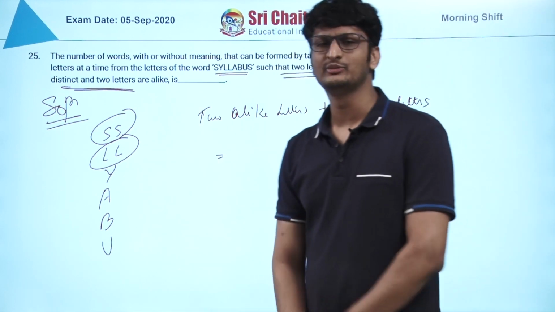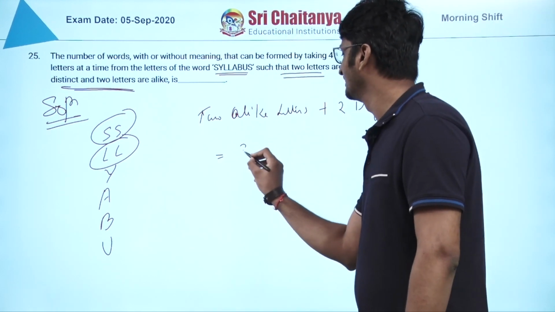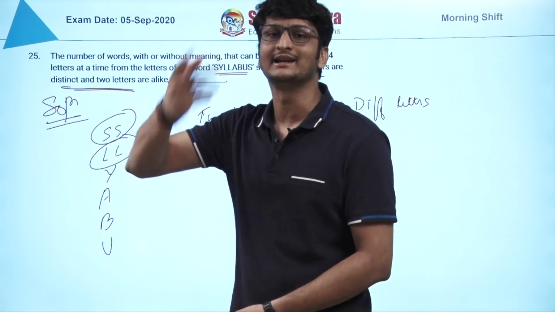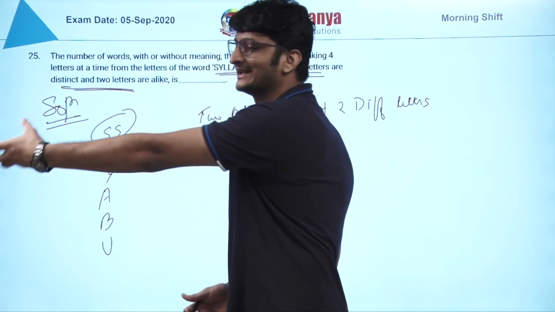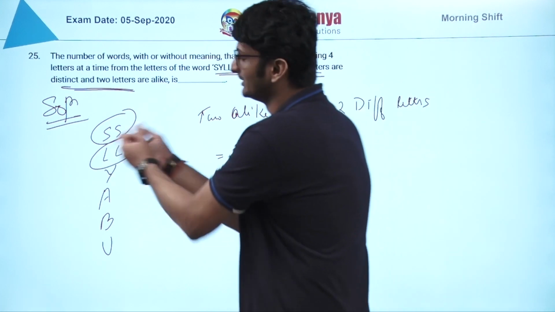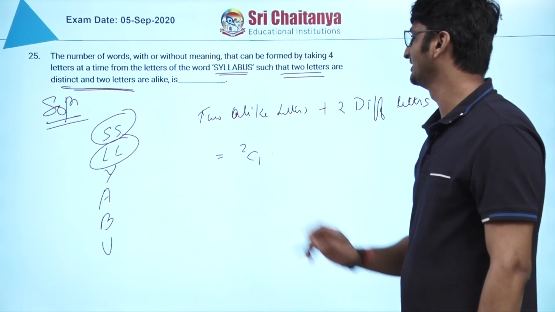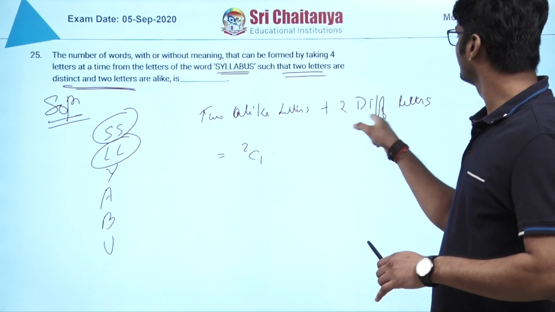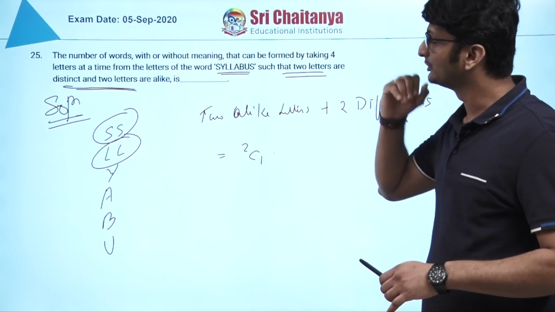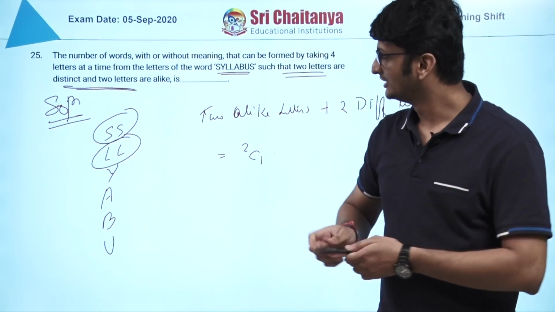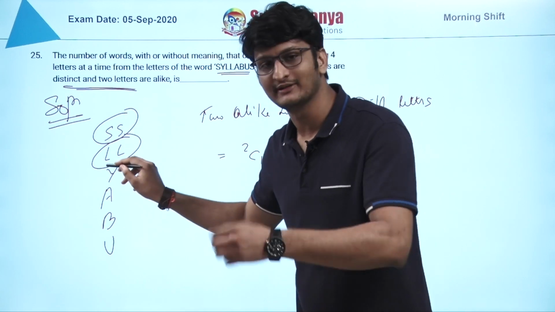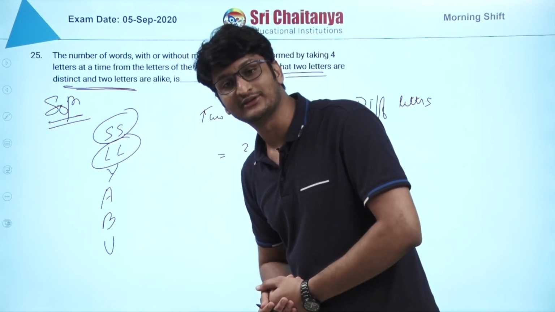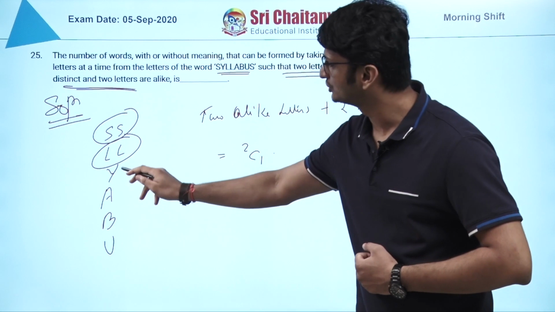There are two possibilities in which we can select two alike letters. Out of 2 boxes which can provide two alike letters, we select one box, that is 2C1 ways, and we take both letters, which is one way. Now the two alike letters are selected, and we have to select two different letters. How many possibilities are there? If we select 2 S, then L can also give us one L, which will be different. One L and one Y you can select, one L and one B you can select. So how many possibilities are there? 5.